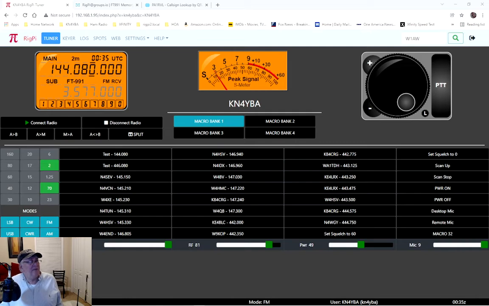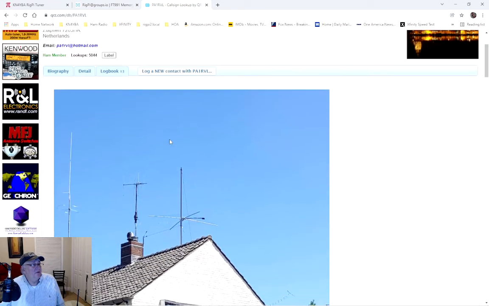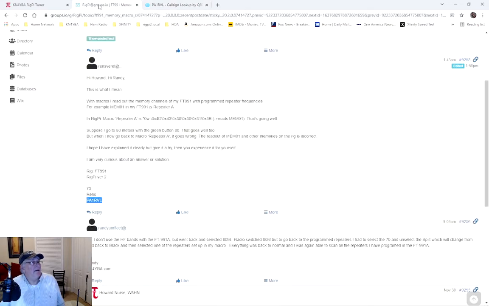Today I'm going to do a little demo, and this is specifically for somebody on the RigPi groups. His name is Rens, and he's out of the Netherlands. The question is as follows. He's using a RigPi, the Raspberry Pi 4 with the RigPi version 3 image from MFJ. He uses it just for his local repeaters on FM, and does not use his FT991 for HF. He uses a Flex. Anyway, so the question